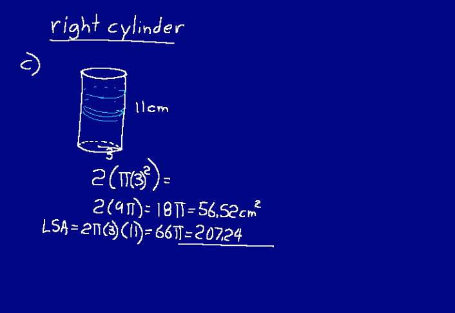And so now we have these two values. I have them right one above each other, the areas of the two bases, and then the lateral surface area. We just add those together and we get the total surface area for that right cylinder. And so 207.24 plus 56.52, that equals 263.76